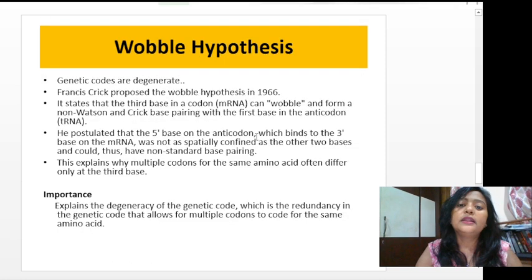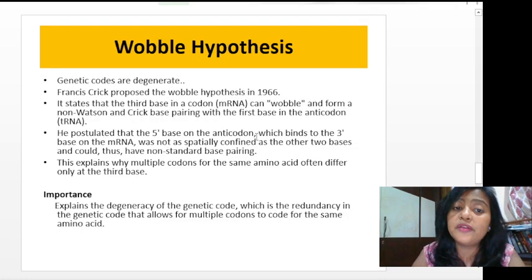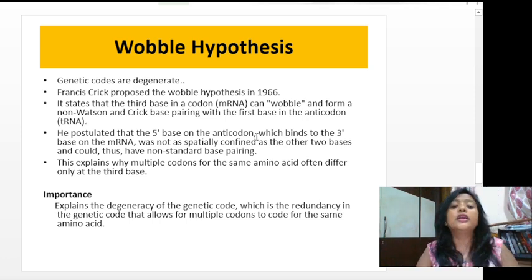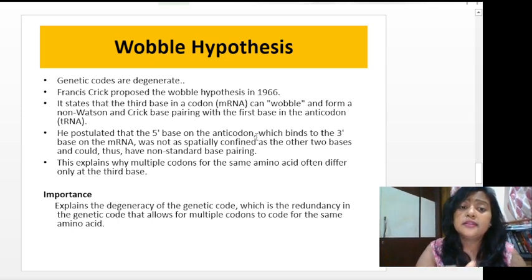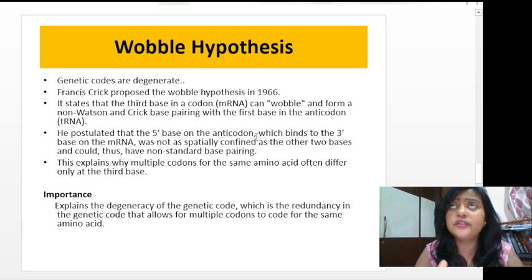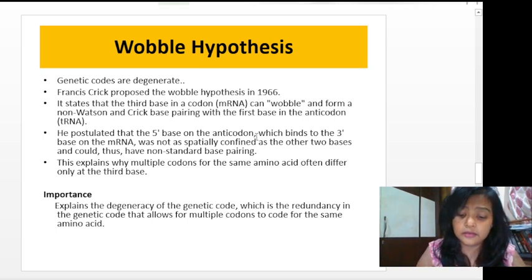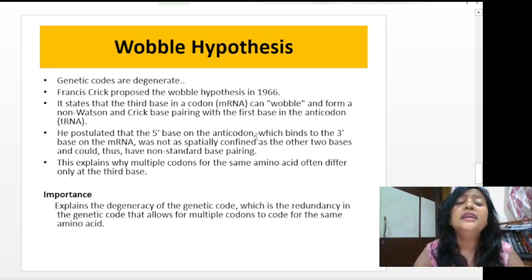Now we'll talk about the Wobble hypothesis. It's very, very important, and questions come from this part in your CSIR exams. This Wobble hypothesis is important because it explains the degeneracy of the genetic code. The genetic code is degenerate, as I've told you: many codons can code for one amino acid. This was given by Francis Crick in 1966, and it states that the third base in a codon, as we have seen that it's a triplet,